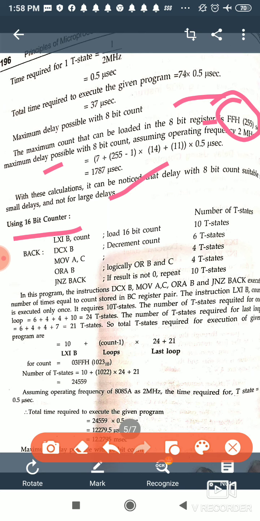Instead of 8 bit we will shift to 16 bit. Now there will be a change in the instruction, because we have to deal with a 16-bit register, so we will use the BC register pair.